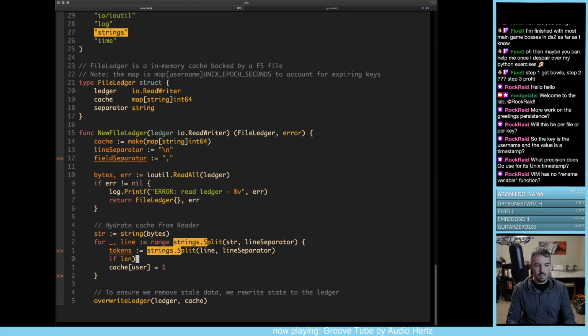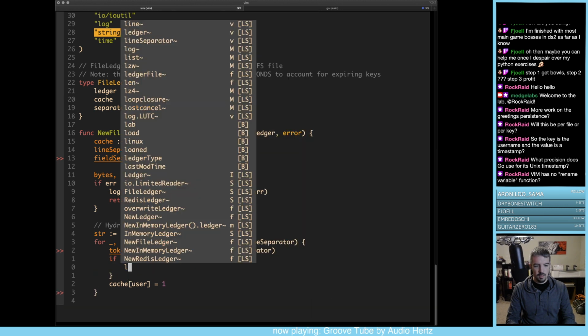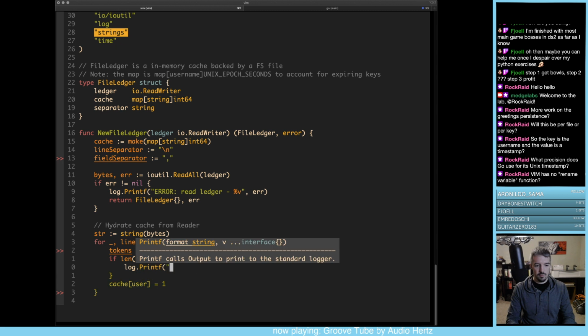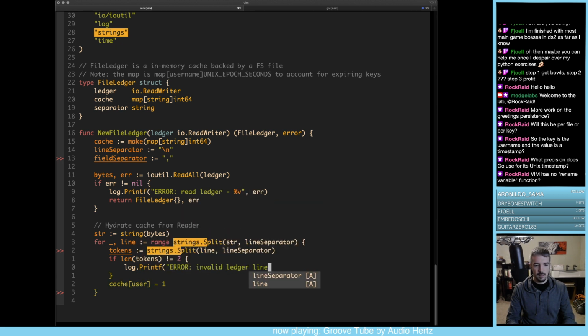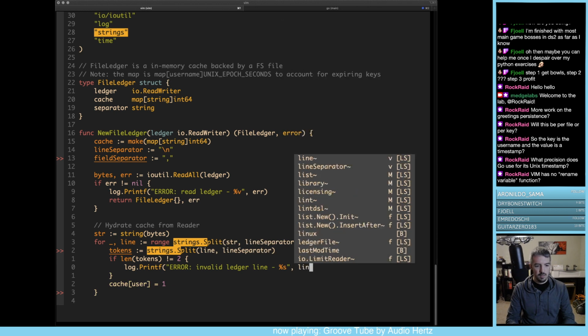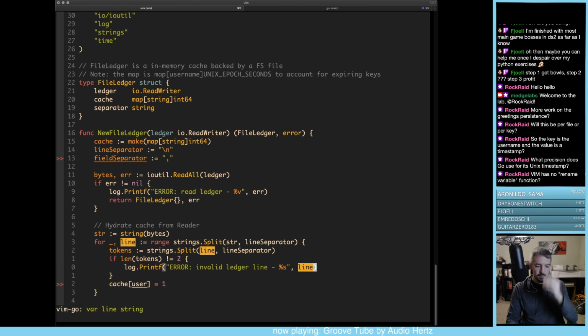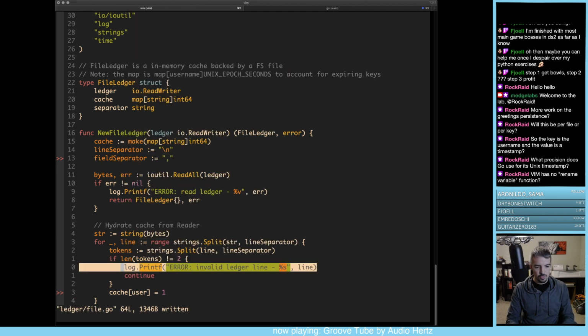If len tokens does not equal 2, log.printf error invalid ledger line, this would be %s line. Continue. So we'll basically just treat that perhaps as a